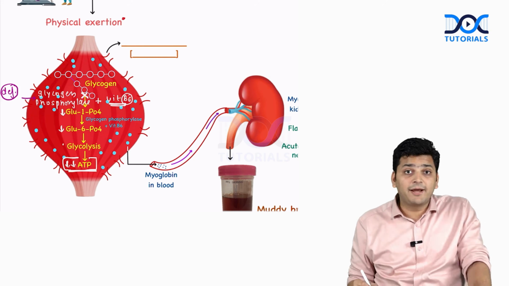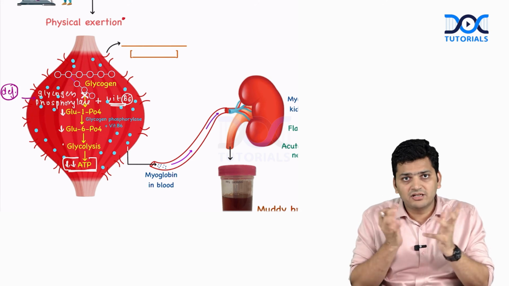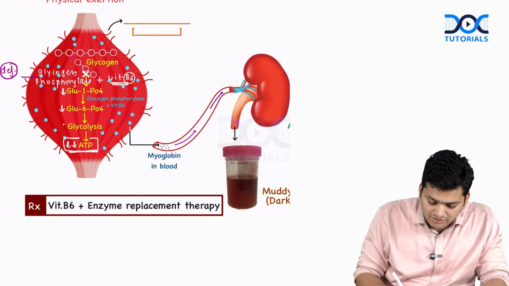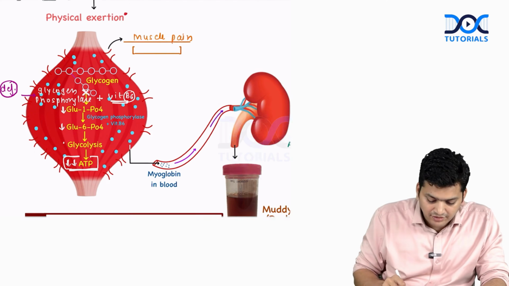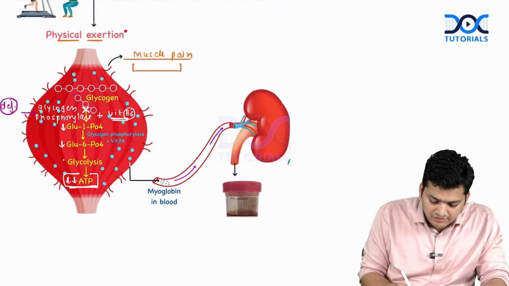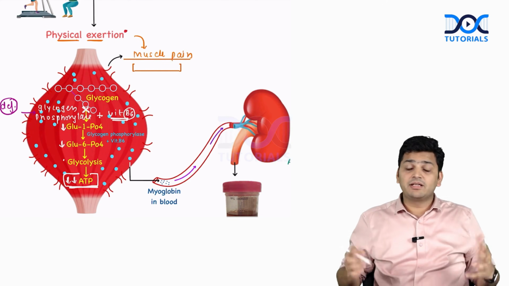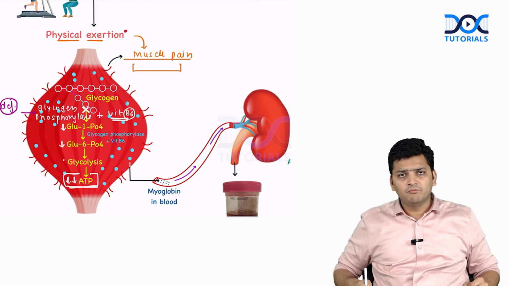The muscle will be deprived of energy. The myocytes will die. The myocytes will be killed. The myocytes will rupture because the muscles are deprived of energy. So now he is going to have severe muscle pain because the myocytes are rupturing. He did the physical exertion and within the next few minutes he will have severe muscle pain because the muscles are dying. Now he will put down the weights because he can't bear that pain and he will come to